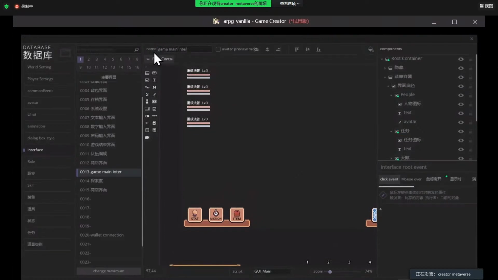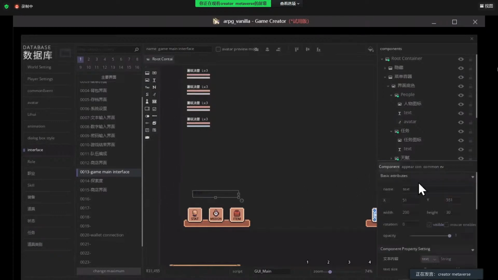Game main interface. So we will put a text here to reflect the smart contract address. So we drag and release a string here and put the string in a text, say wallet address.